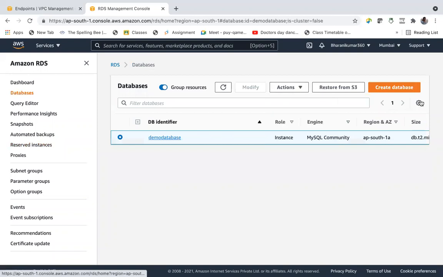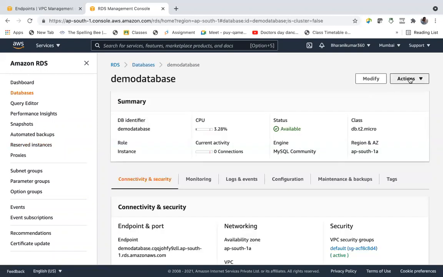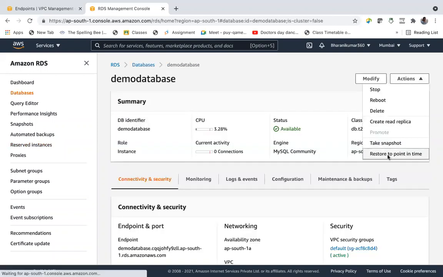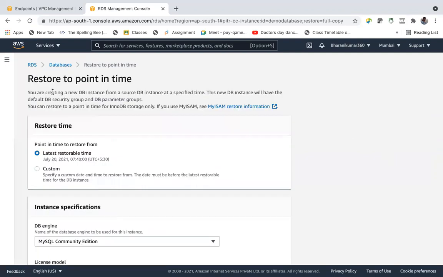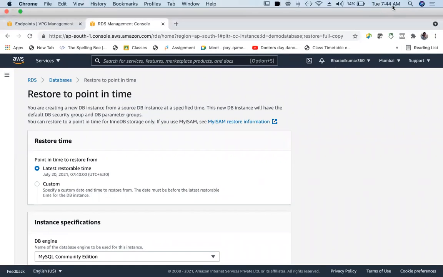See, go here, actions, restore to point in time, and it will show you the latest restorable time. You need not wait for that 11:30. So the latest restorable time is 7:40. And what is the time now? It's 7:44.